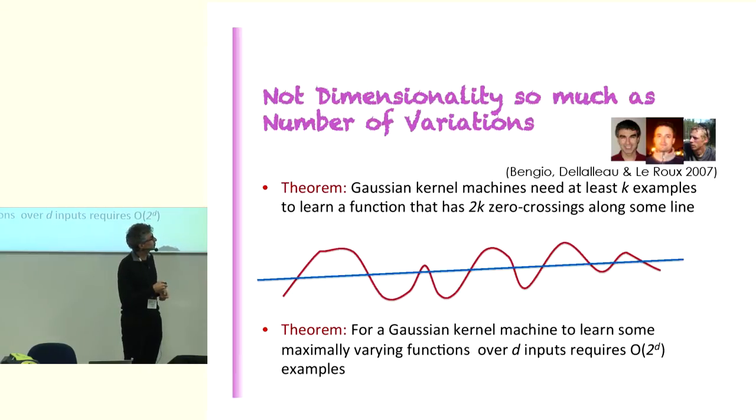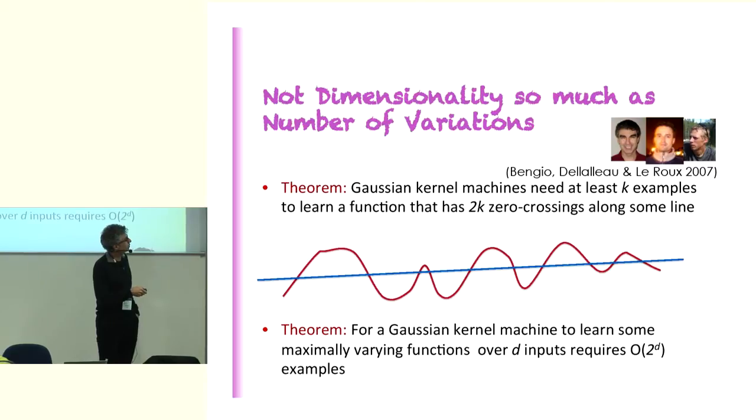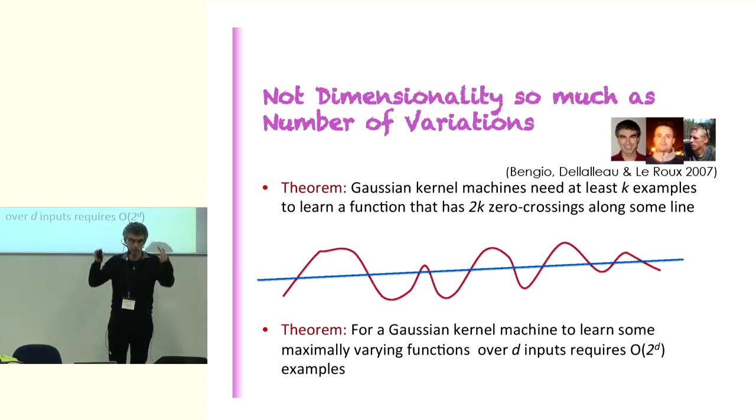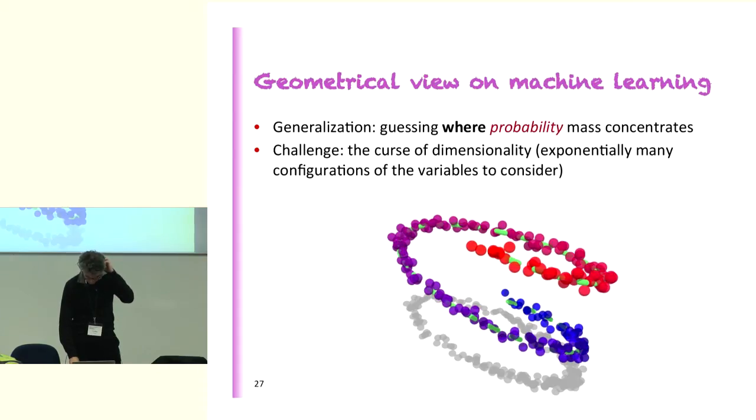Basically, the theorem says that if you want to classify or represent a function that has many ups and downs with a Gaussian kernel machine, you need at least as many examples as the number of ups and downs. And of course, if you have d inputs, you can easily construct a function that has an exponential number of ups and downs, exponential in dimension, like a checkerboard, for example. It goes up, down, up, down, up, down. It can go exponential in the number of dimensions. But it's really the number of variations that kills us. Okay, so